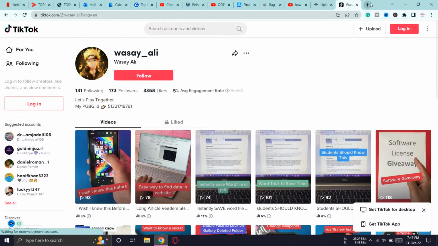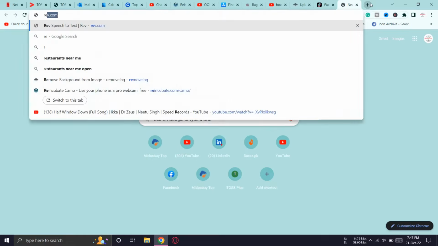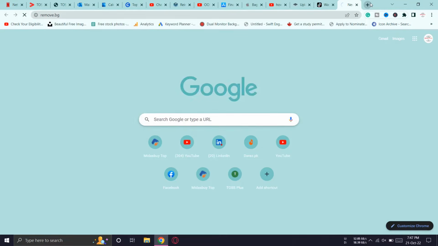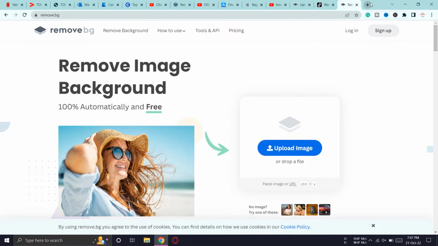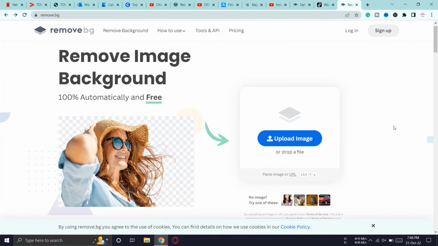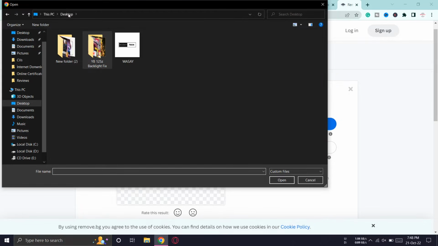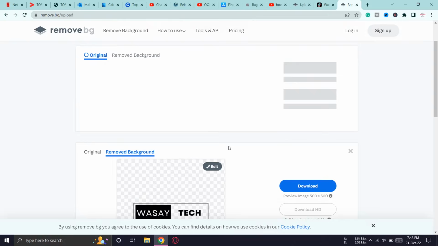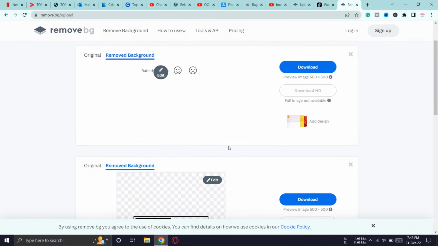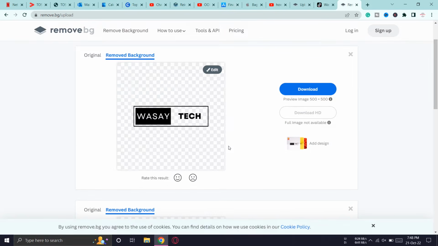For this, all you need to do is to open your browser and search for a website called remove.bg. I will put the website link in the video description. Here you can see it says upload image. Press on the upload image button. You are going to select your profile picture which you want to have a transparent background. Press on open, and now this website will automatically remove the background,